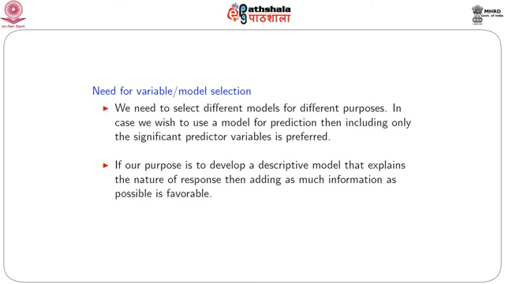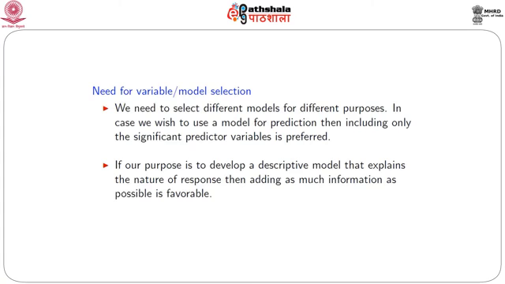adding as much information as possible is favorable. When we have a descriptive model, in that case using more predictors makes more sense because every little ounce of information that we can gather about the response variable is useful. In such cases, if there are insignificant predictor variables included in the model, which also provide us with some amount of information about the response variable, then even that helps. So, in case of a descriptive model, we add as much information as possible, and so variable selection is not mostly